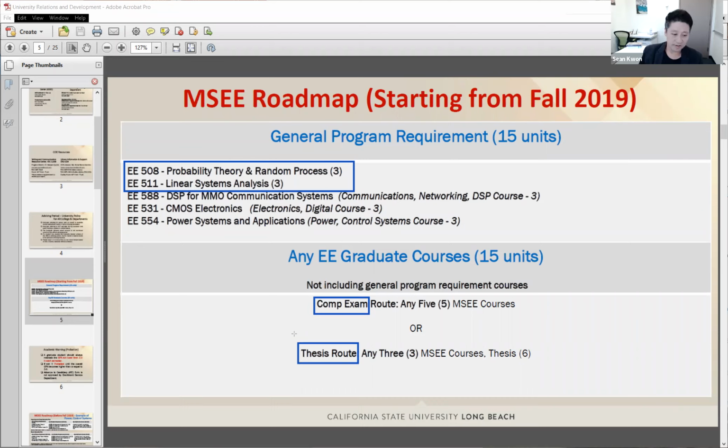So in several aspects, using the thesis route provides some advantages, but it also requires some more semesters, like one more semester in general, or sometimes 2 more semesters. It depends on the achievement of your research during this thesis research route through EE 698 under the advising of your thesis advisor. Any question about the competency exam and MS thesis or mandatory classes?